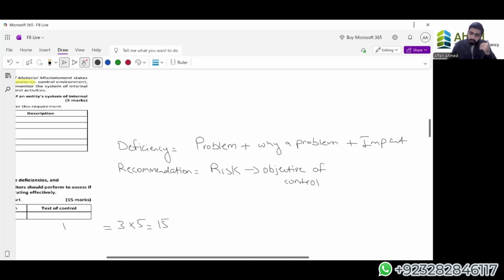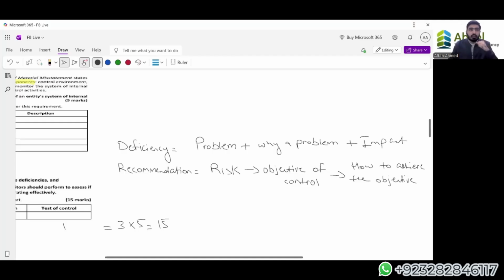Now, if I am trying to give the person a recommendation, I have identified the control objective: I want to make them pass the exam. So how will I pass the exam is the recommendation I should give them. If you know the objective, the end goal, you can try to give them a recommendation that will achieve the end goal. So how to achieve the objective? This should be your recommendation, the main part of the recommendation. So there are steps to driving a particular answer.